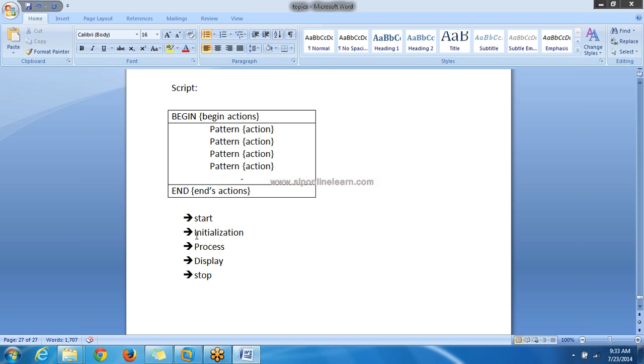We'll start the program. We'll do some initial action, that is nothing but initialization. Generally here we will declare some variables and initialize variable values. Next we will do some operation, whatever the required operation.